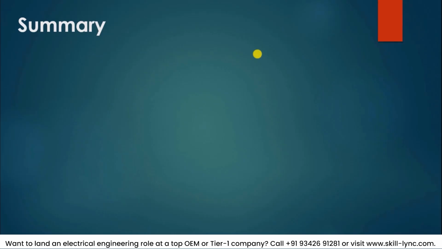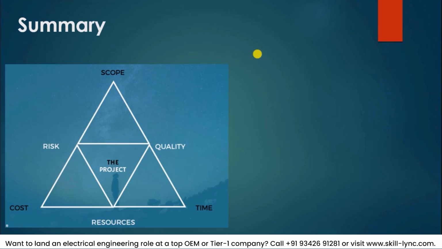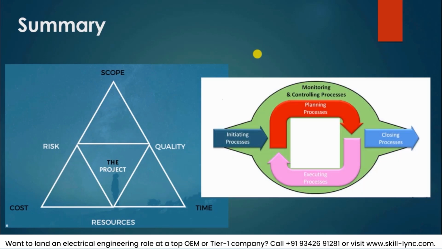So on concluding remarks, in this session what we had seen was basically all about project management techniques. So we were looking simply at this. In order to execute the project, we need to take note of the scope, the cost, and the time that is involved in the project, and also manage the quality, resources, and risk in time so that you deliver the project as expected. Towards this, we have followed processes, that is, you initiate the project process and then plan it out, execute it, monitor and control it, and finally close it out. So this is all about project management that I would like to talk to you about today.